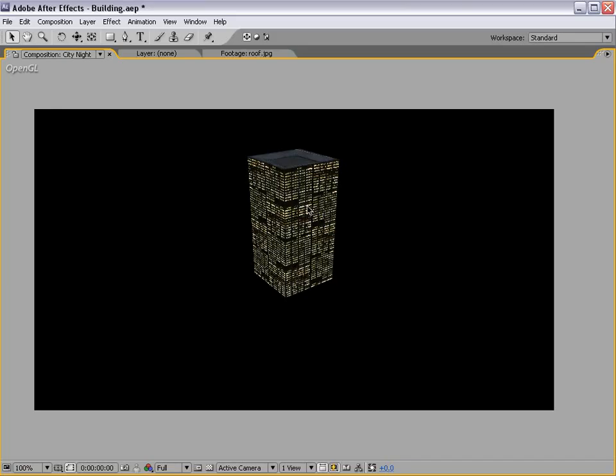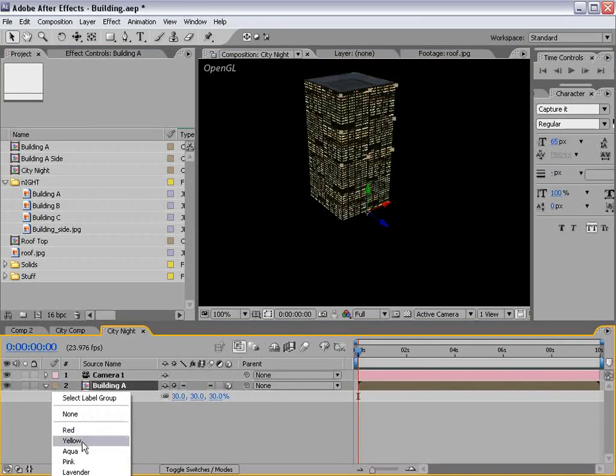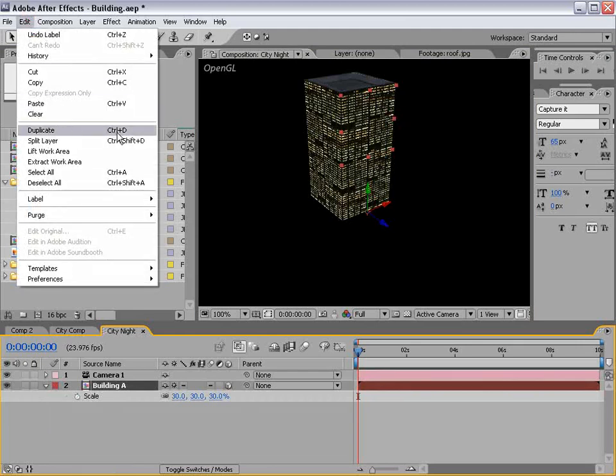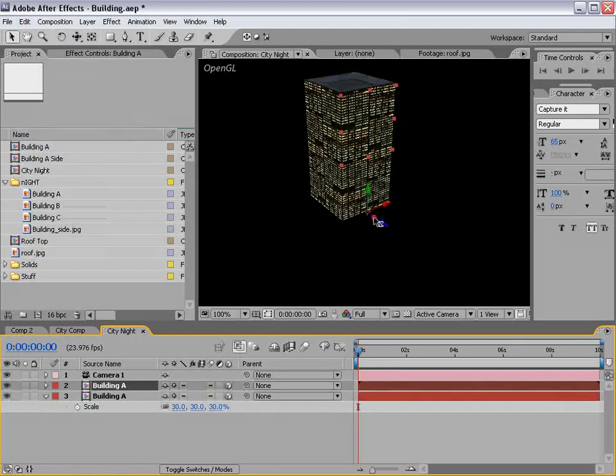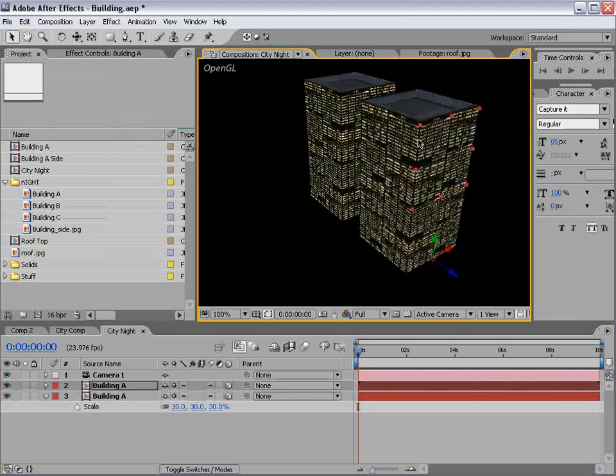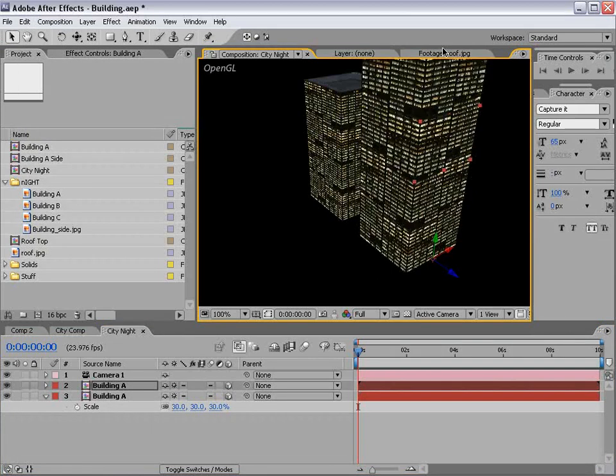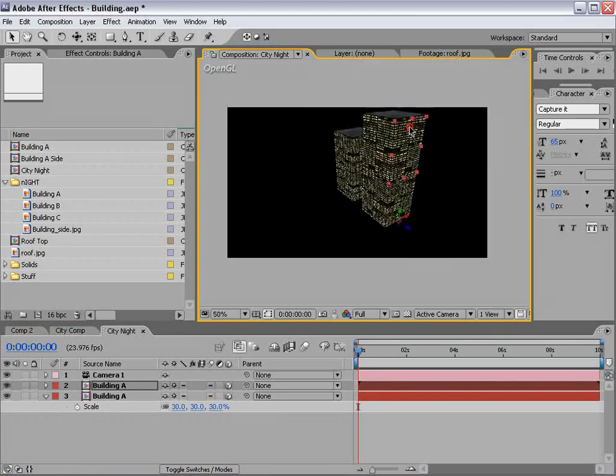Okay, back to After Effects. What we're going to do is make copies of our building, and we're going to change it red, and we'll hit Edit, Duplicate, or Control D. And we move it, and now we have a copy. And we can also scale it up or scale it down just by adjusting it. And we can duplicate it again,